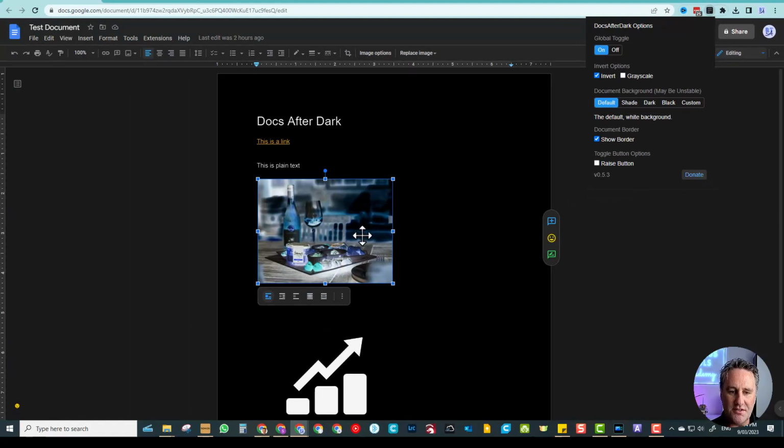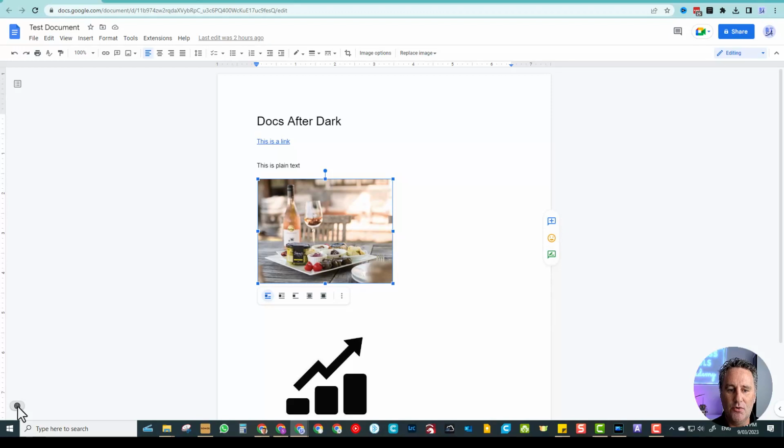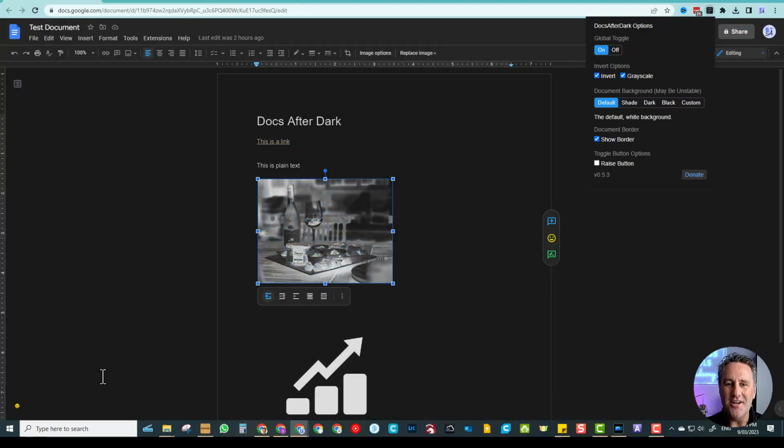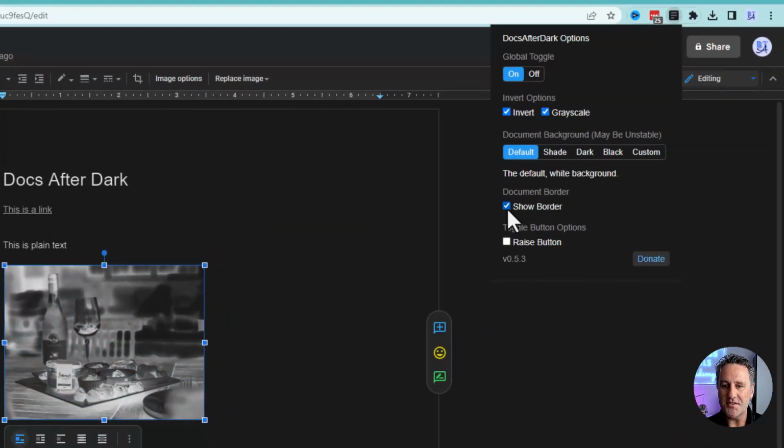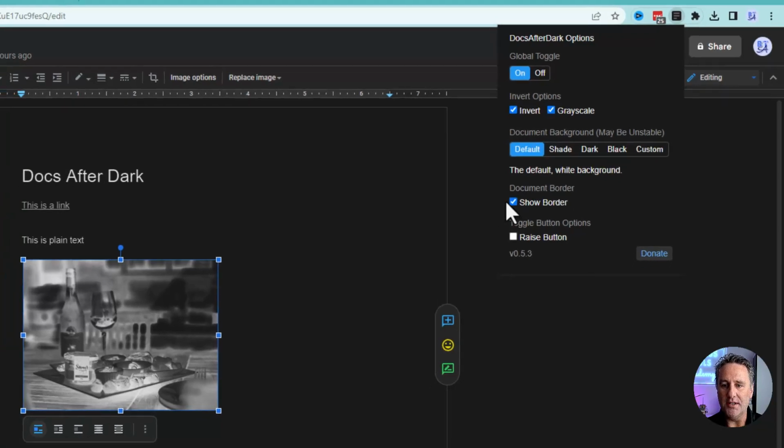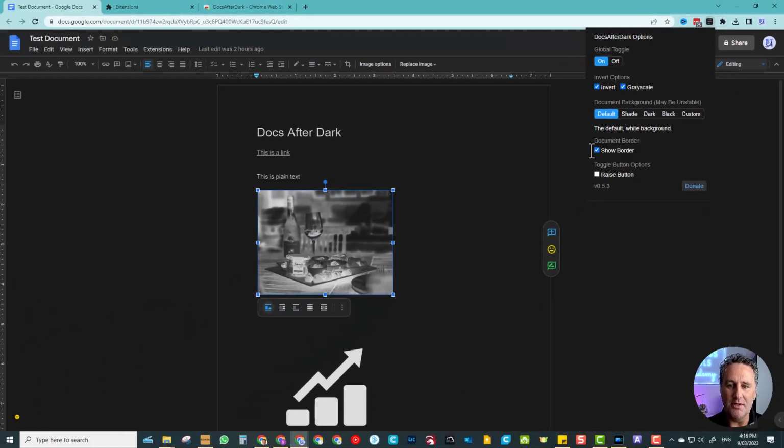However, it's still inverted and the colors are somewhat different from what they would be in the normal version of the image. There are a handful more settings here to play around with, but it's really pretty basic. One of the things that you are going to want to do if you have it in this grayscale mode is to have this show border toggled on here,